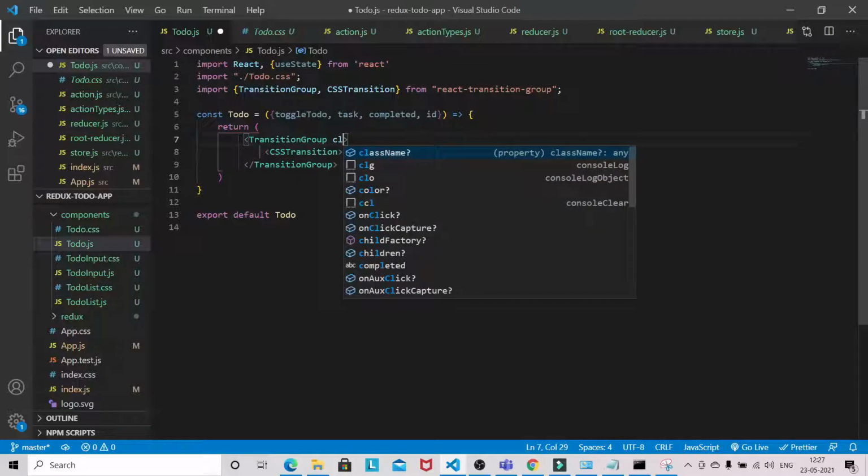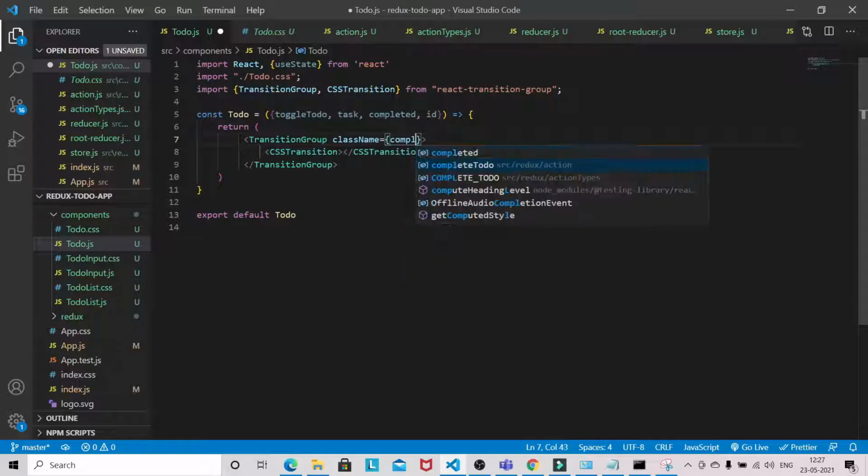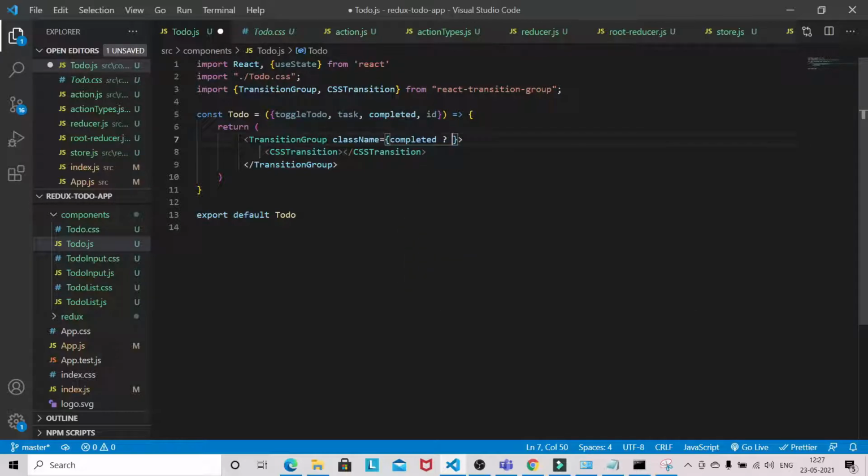So transition needs to apply a conditional class name, completed. If it's completed, then the class name will be todo completed.